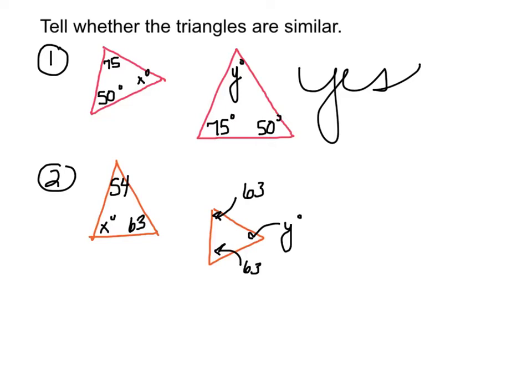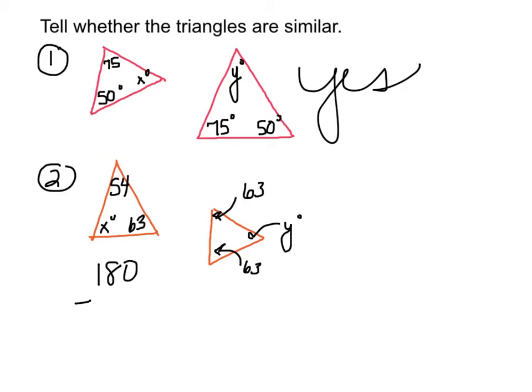Example number 2. Are these similar? 54, nope, there's no 54. Here's a 63, 63. There's only one set of angles that are the same. And this is where you have to be careful. Because look at what we have here. It only looks like a set of the 63s are the same. But let's find that third angle, because maybe they're the same. So, here we go. 180